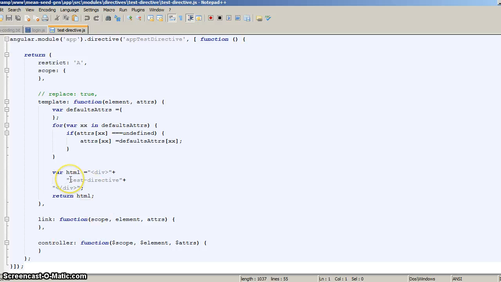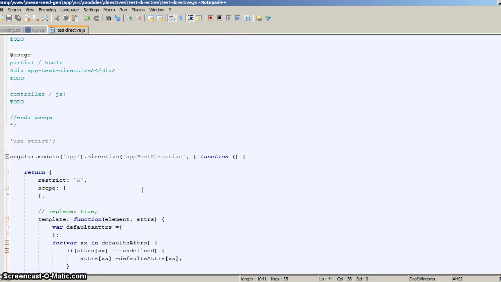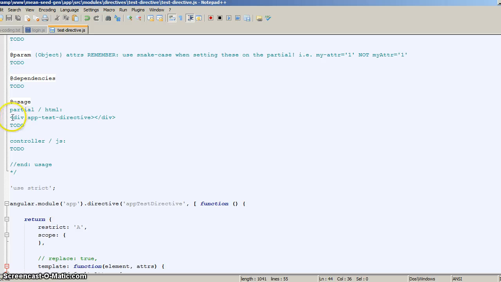The first thing we're going to do is just start with the HTML. So it just defaults by saying test directive. We can just edit that right here to say test directive 1 and save that. And now what we can do is actually use this directive by copying this example usage into a file. So we're going to copy that,